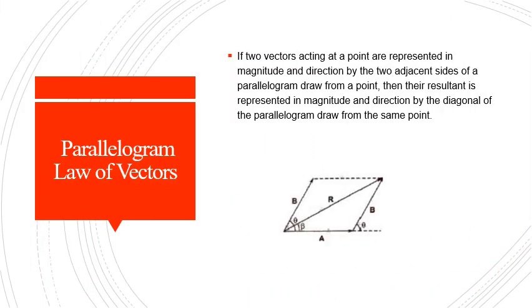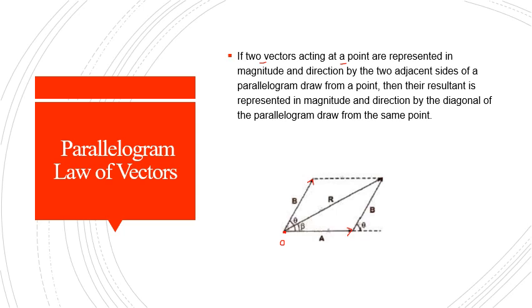Students, let us see the second graphical method of addition. It is nothing but the parallelogram law of vectors. So what is the statement? If two vectors acting at a point, so from a point two vectors are going to act, this is vector A and this is vector B from a particular point. Let me take this point as O. If two vectors acting at a point are represented in magnitude and direction by the two adjacent sides of the parallelogram,